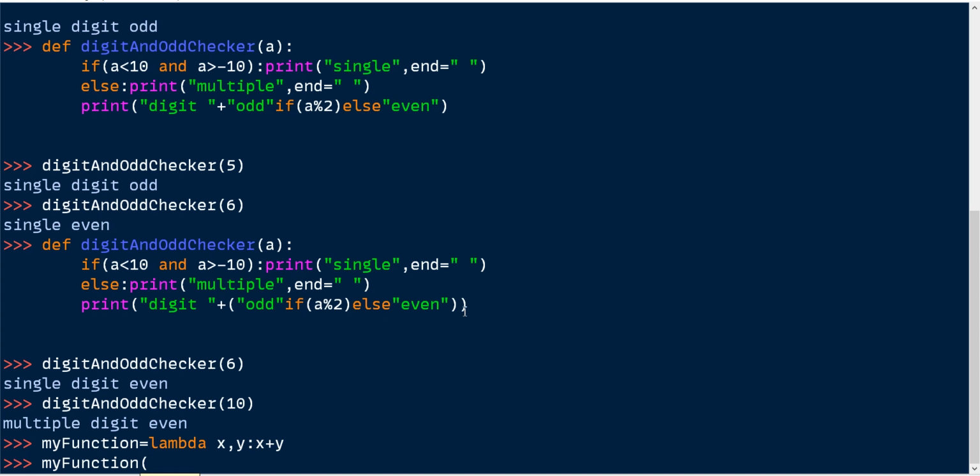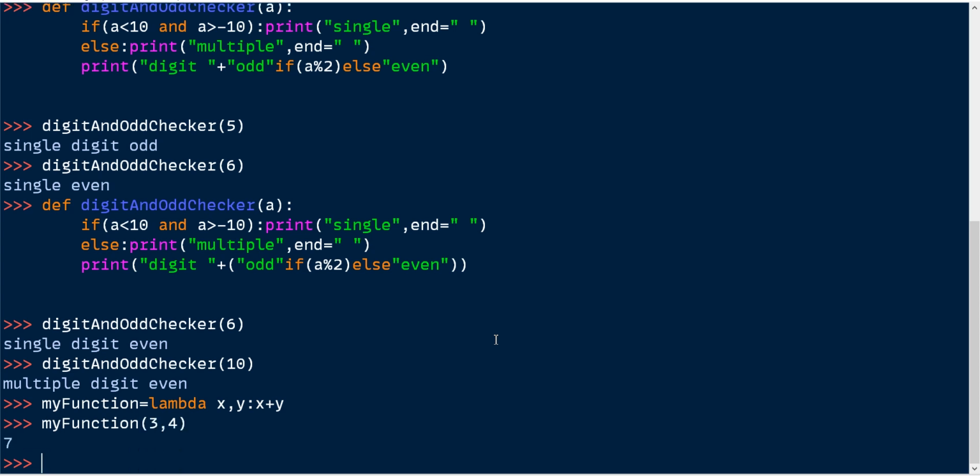It will show something like, oh, I have already reached the end of the statement, so it's not visible. So we can pass something like 3 and 4, it will return 7. It just returns the added value. That's the specialty of lambda functions. We don't even have to store this value. We can just use the lambda function in a line, and we can call